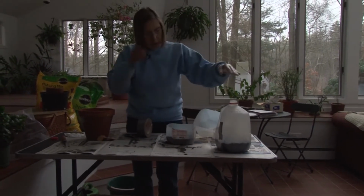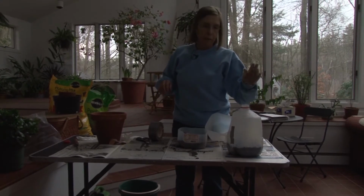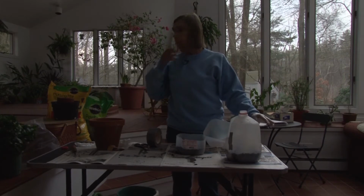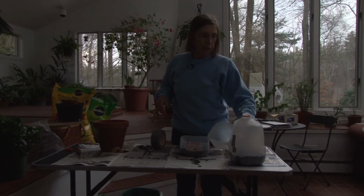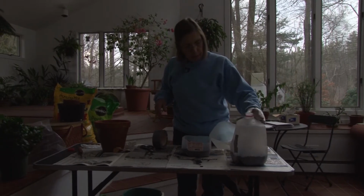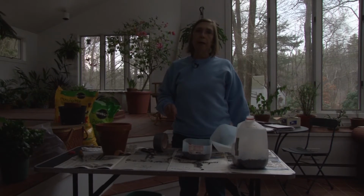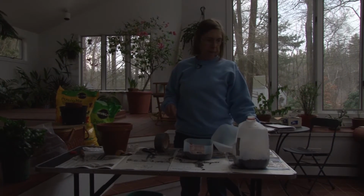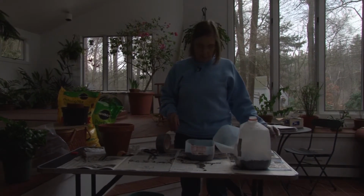I will pour some water in there once I get it out, or ready to go out. I'll take it over to the sink and add some water. Then I'm going to put it out in the garden, away from my furry friend here so that he can't decide to play with the milk carton and upend the thing. And we're going to leave it till spring. We put it in a sunny spot. Let the snow fall on it, let the rain fall on it,